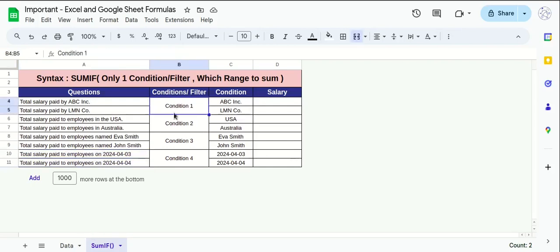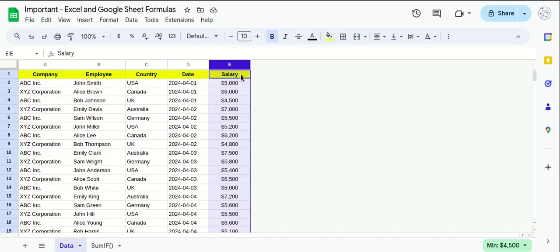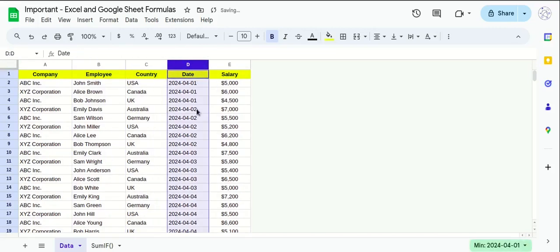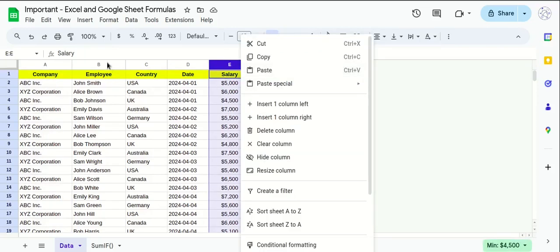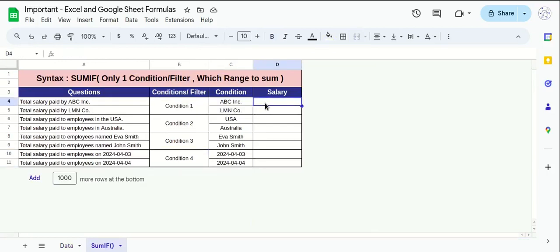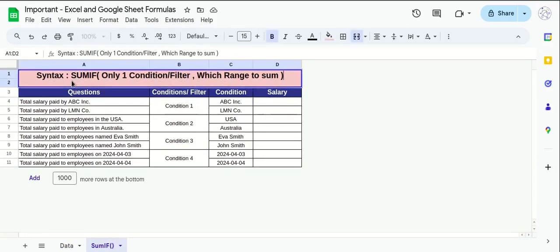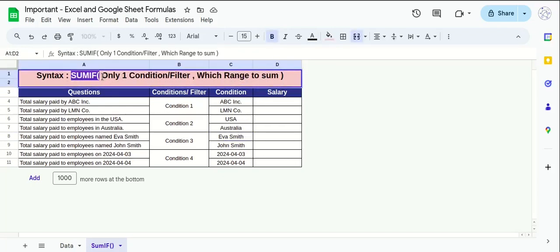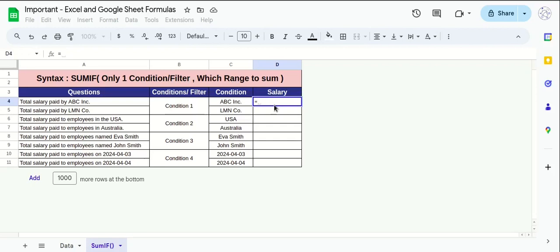So why 4 conditions? This particular column is required to sum, and the remaining 4 columns are the columns which can be used as a condition when we apply the SumIf formula. So that's why there are 4 conditions, either A and E, either B or E, C or E, and D or E, right? How to apply the formula? Before that, we can see that we have written the syntax here. We have to write SumIf, then we have to put a condition or a filter, and then which range to sum, right? So let's see, equals to SumIf,